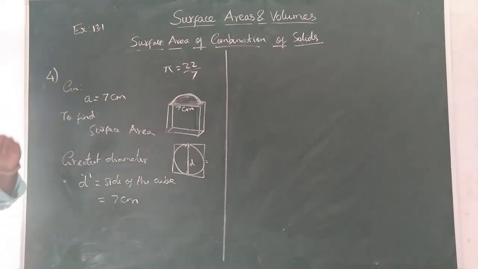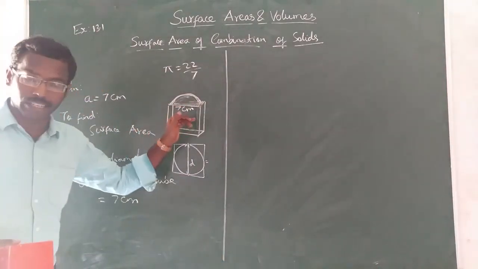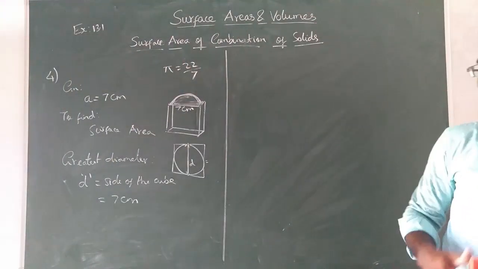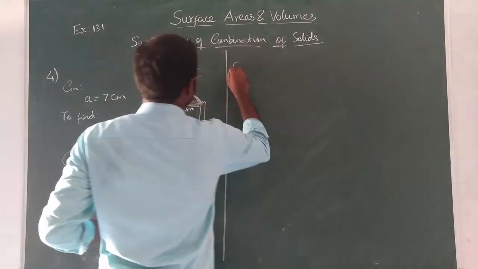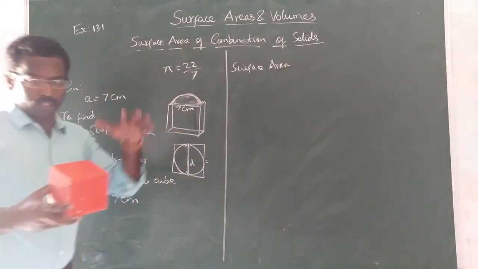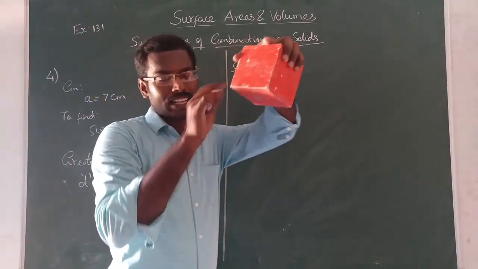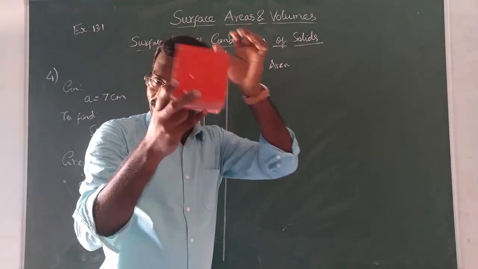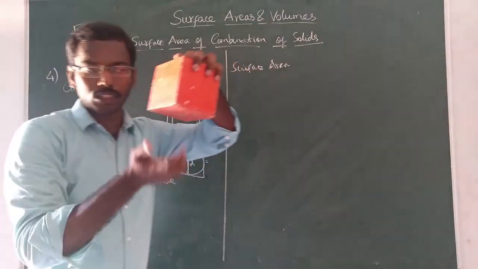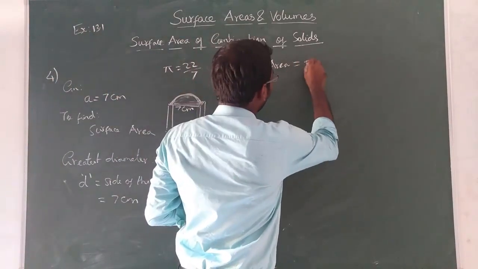Now we want the total surface area of the given shape. You can't directly apply the formula. You have to analyze the given shape. Why? Because in the given shape, see the surface area. This is a cube. So, except on the top side, where the hemisphere is mounted, all the other sides are normal. Totally 6 sides. One side is occupied by the hemisphere. The other sides are free. So, 1, 2, 3, 4, 5. Therefore, 5 sides are free.